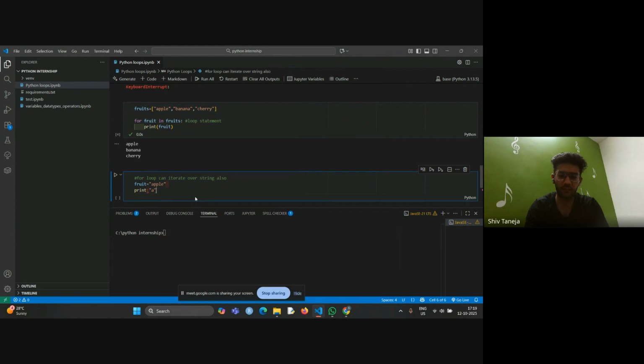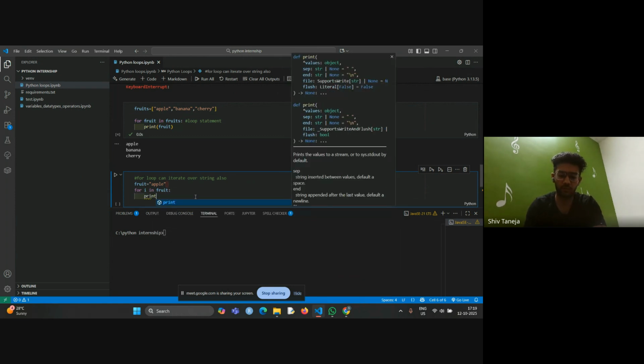It's tiring. So what you can do is use the for loop: for i in fruit, where i is a single variable that will hold the value of the sequence at a certain time,